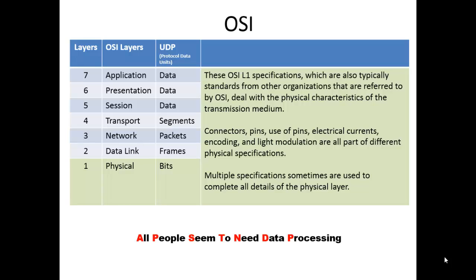For example, RJ45 defines the shape of the connector and the number of wires or pins in the cable. Ethernet and 802.3 define the use of wires or pins 1, 2, 3, and 6. So to use a Category 5 cable with an RJ45 connector for an Ethernet connection, Ethernet and RJ45 physical layer